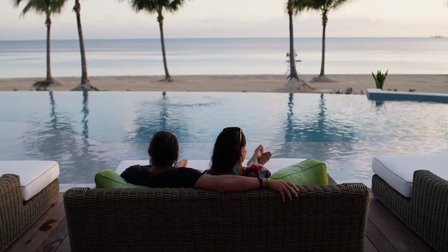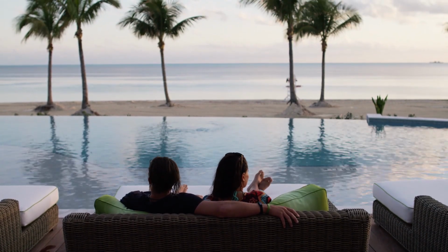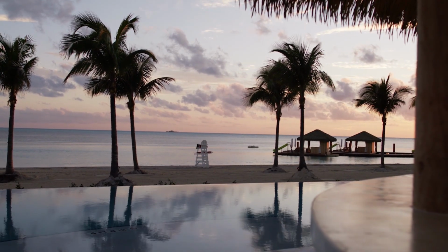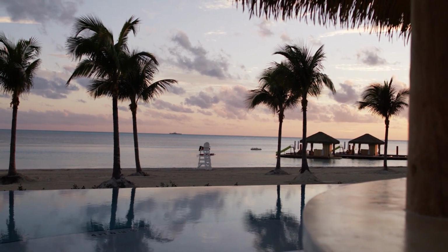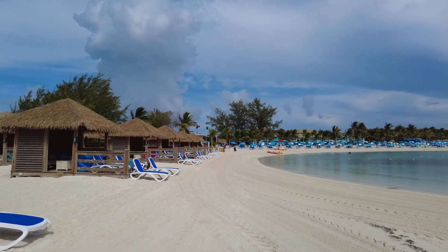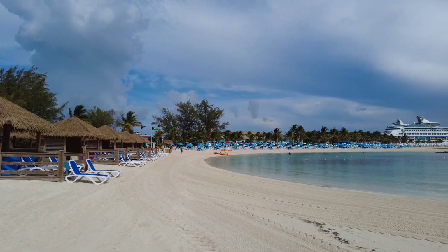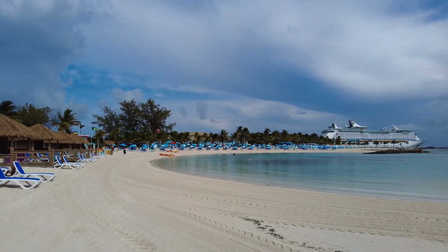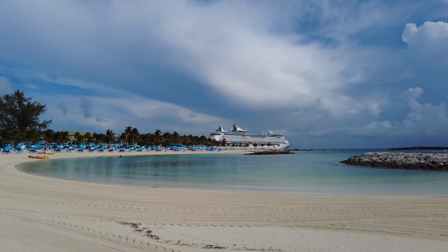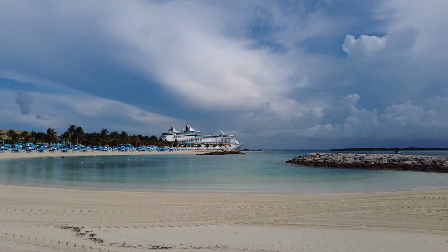Now, while there are plenty of beaches on Perfect Day CocoCay, your admission to the Coco Beach Club includes access to a soft, sandy beach. Now, it is true that Perfect Day CocoCay has plenty of beach space and loungers that don't cost a dime. But sometimes you're looking for that little bit of extra luxury that comes with some of the additional amenities included in the beach club. Among those upgraded amenities is access to an exclusive dining area at the Coco Beach Club